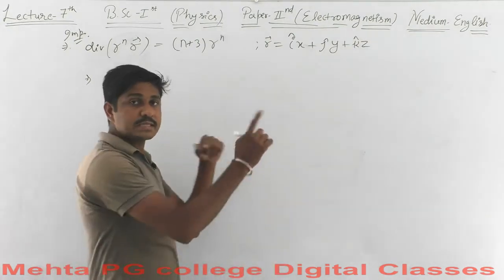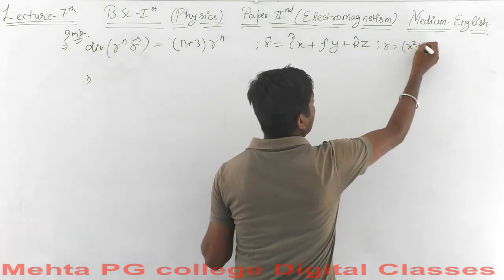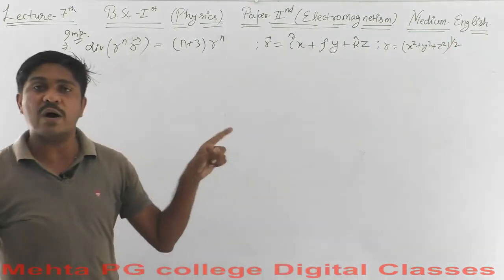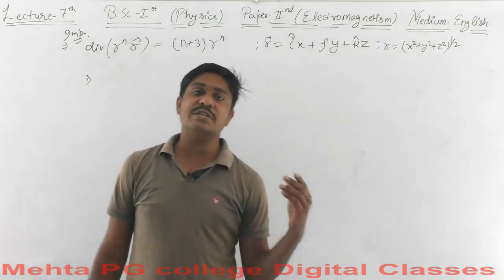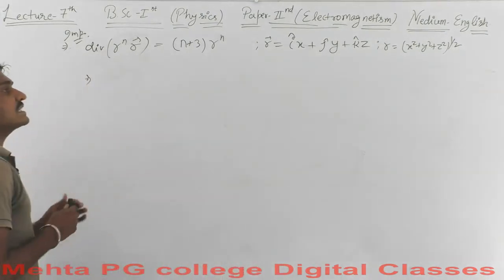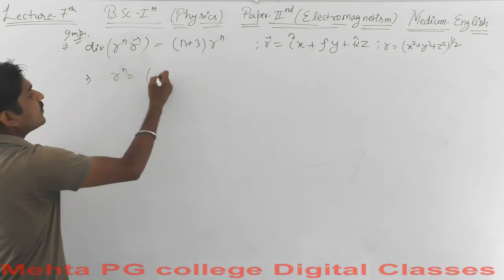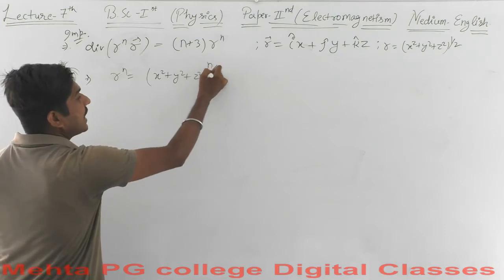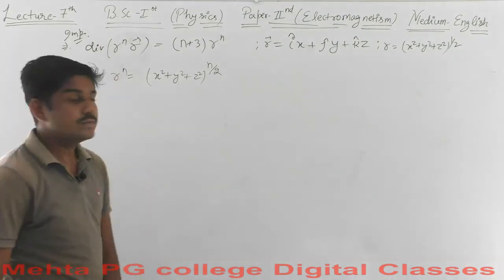This is it. So what is the value of r? Again remember, the value of r is equal to (x square plus y square plus z square) power raised to 1 by 2. If you don't know how this value comes out, you can watch previous lectures, the recent 6th lecture on gradient calculations. Okay, so let's proceed with this example, r raised to power n. The value of r raised to power n will be equal to (x square plus y square plus z square) power raised to n over 2. This is the value of this, and this is again the value of r vector.